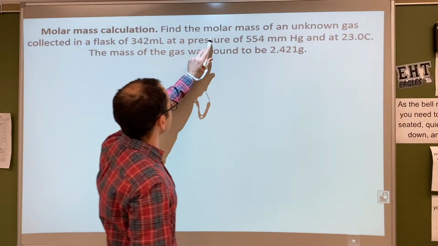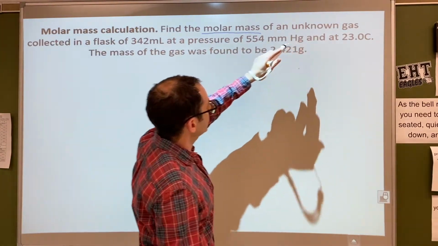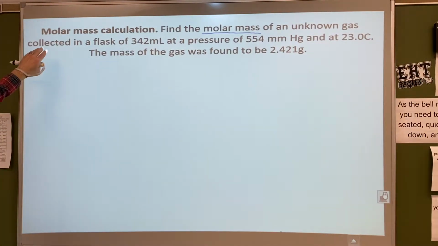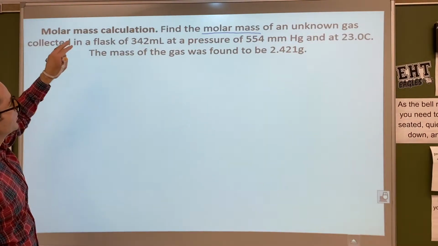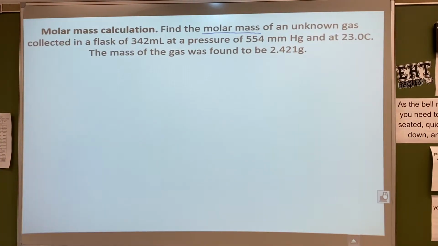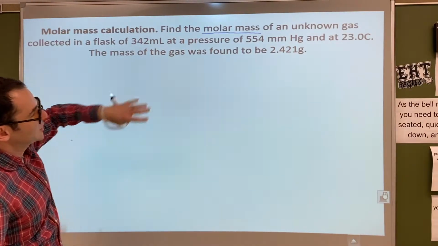Find the molar mass of an unknown gas collected in a flask of 342 milliliters at a pressure of 554 millimeters of mercury and at 23 degrees Celsius. The mass of the gas was found to be